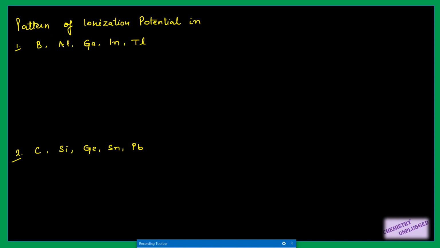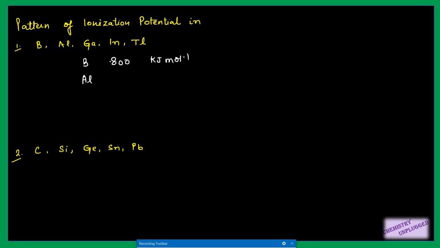So when you move from boron to aluminium, suppose the ionization potential for boron is 800 kilojoule per mole. Why am I telling you this value? Because sometimes you may have questions about the values, right? They can ask you questions like give the approximate difference between the ionization potentials of two elements, right? They will give you very basic elements and they can ask you the almost approximate difference between these two, right? So you should have an idea about that.